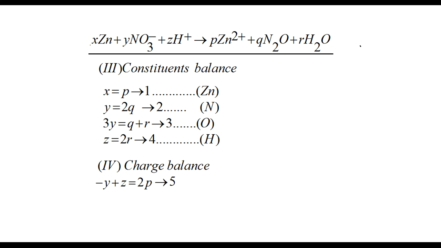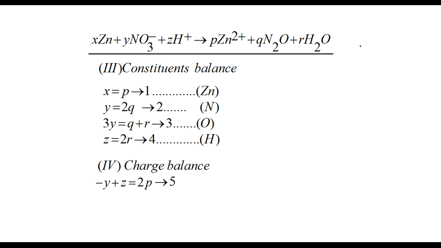Second, in case we talk about nitrogen, nitrogen is there in LHS in the nitrate ion. In nitrate ion the coefficient is Y, and there is one nitrogen atom, so the total number of nitrogen atoms in LHS is Y. Over the RHS the nitrogen occurs in N2O molecules having coefficient Q, and in N2O there are two nitrogen atoms, so twice Q is the number of nitrogen atoms in the RHS. So for balancing nitrogen, Y must be equal to 2Q.